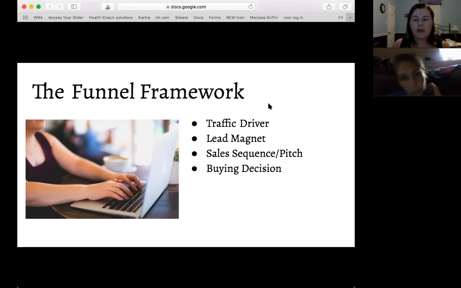The sales sequence leads them, using the content from your program, to the program. The lead magnet ties in directly to what the program solves. And then once that's all set up,